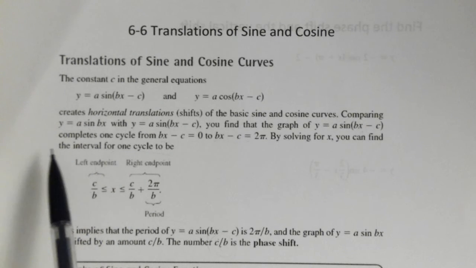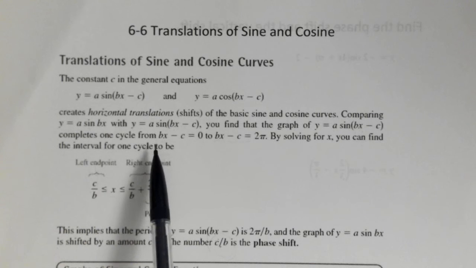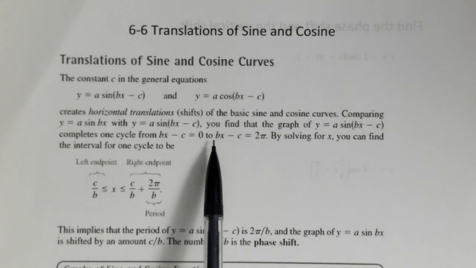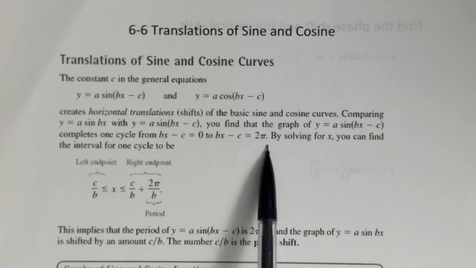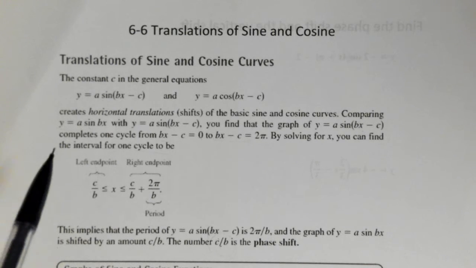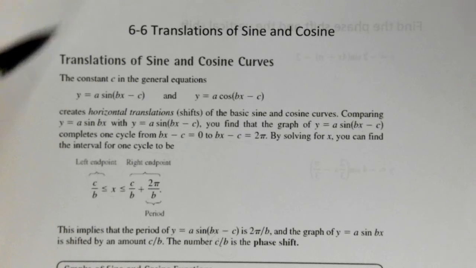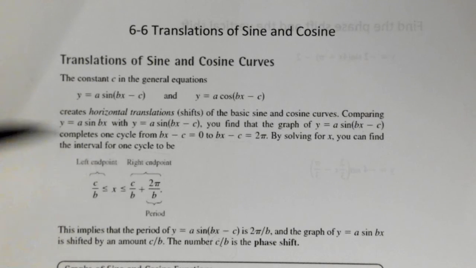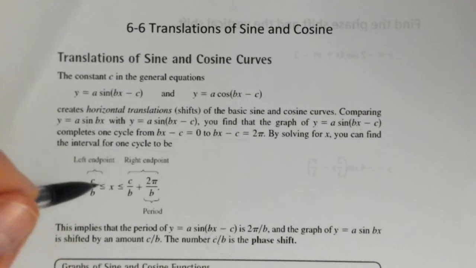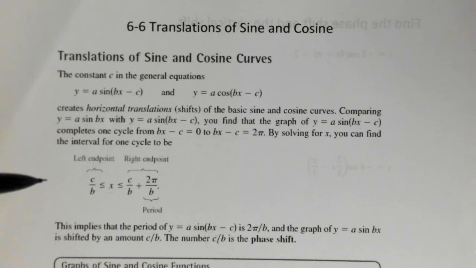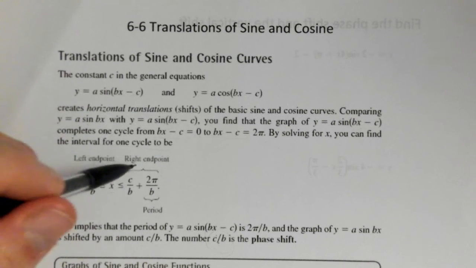If you compare this equation with this one, then what you'll find is it completes one cycle from bx minus c equals 0 to bx minus c equals 2 pi. And then by solving for x, you can find the interval for one cycle, right? When you're looking at this, as far as the left and the right endpoint,